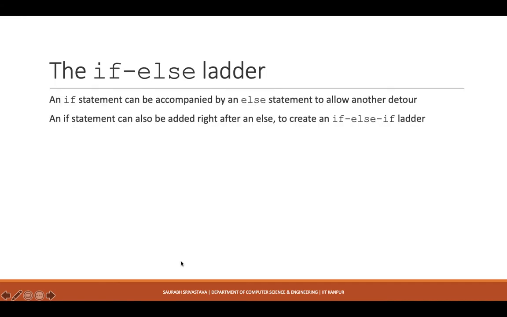Simple. Another thing that you should know is that you can create something known as the if else if ladder. Basically you can keep on chaining one if after another if. So you say if something is true, do this, otherwise, so otherwise is else, right? But in the else itself, you can put another condition. So the first condition is the first if, the second condition is the second if, and you can actually keep on making more conditions like this.